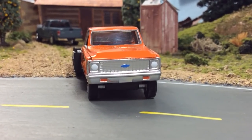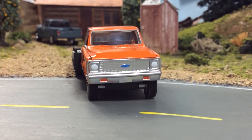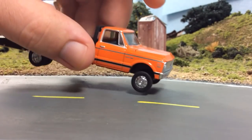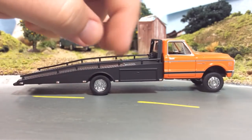I kind of wish, you know, I don't expect the utmost detail from Greenlight. I don't expect lens details every time. But I feel like we should be getting more detail than this. But with that said, we do have the bow tie, we have the indicators, we have the headlights. That's kind of disappointing to me. I do like that we have all the trim though, with the wipers, even the molding down the side, prototypical wheels, and these